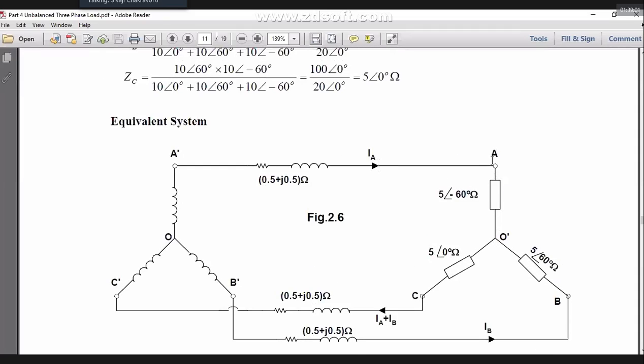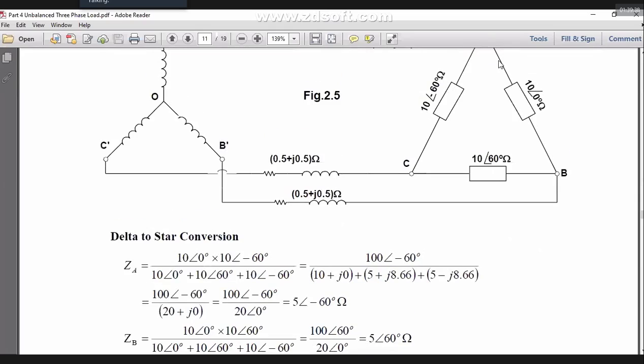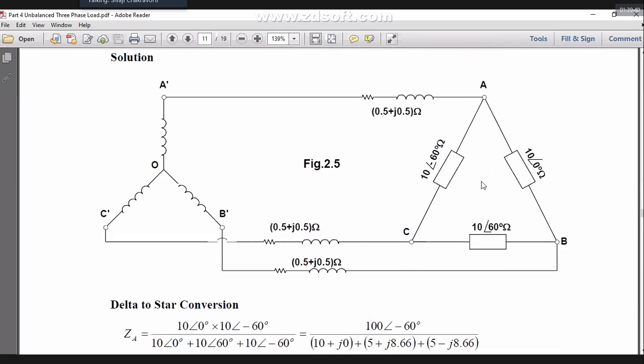As you can see, the three impedances are the same because the lines are all of the same length and dimension. But the moment it is there, I have a problem in my hand. What is that? Now the three line currents are different. Therefore, the line voltage drops are different. Therefore, A prime and A, B prime and B are not at the same potential. So if somebody asks me what is the voltage across this 10 angle 0 degree, that is between A and B of the load, I don't know this voltage.